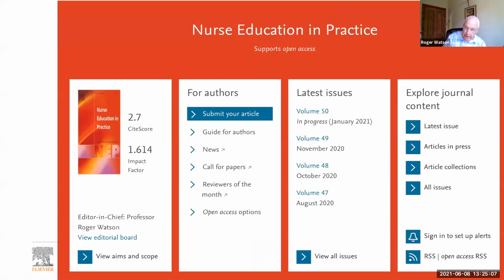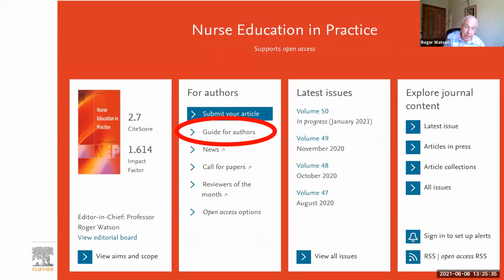So, by the way, I'm not advertising my own journal here. I'm using my journal as an example of a typical journal, but I can only talk from the experience of my own journal. So one of the things to note about all journals, first of all,